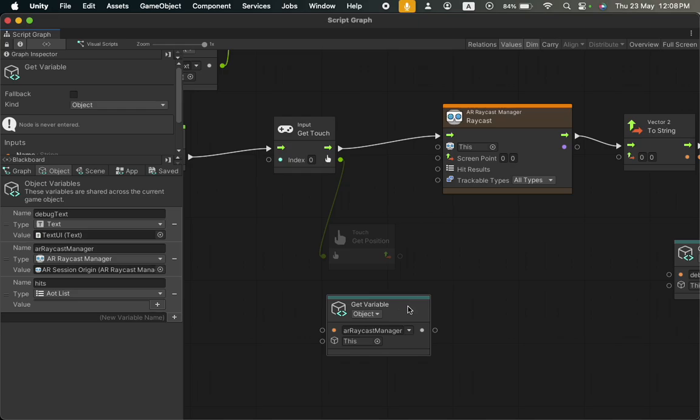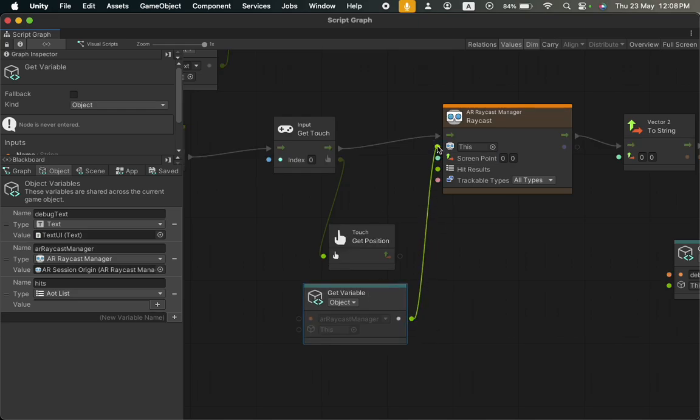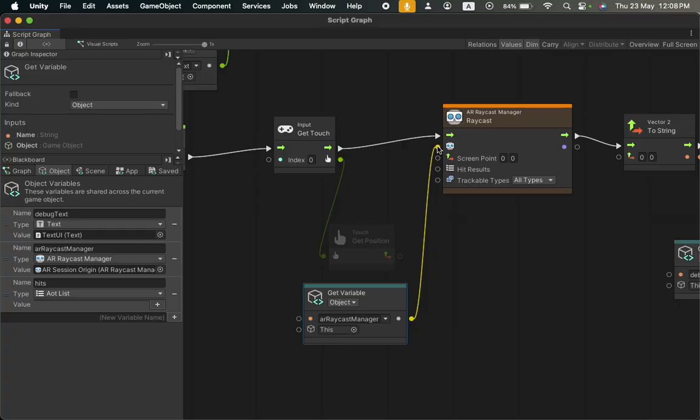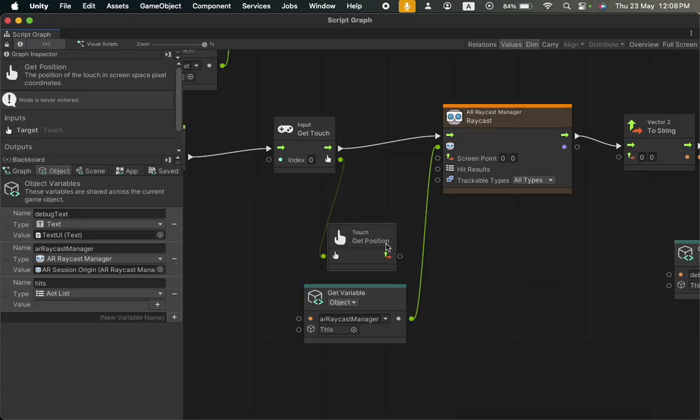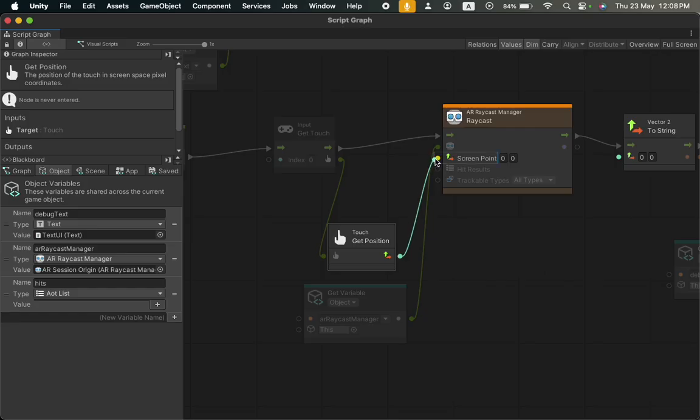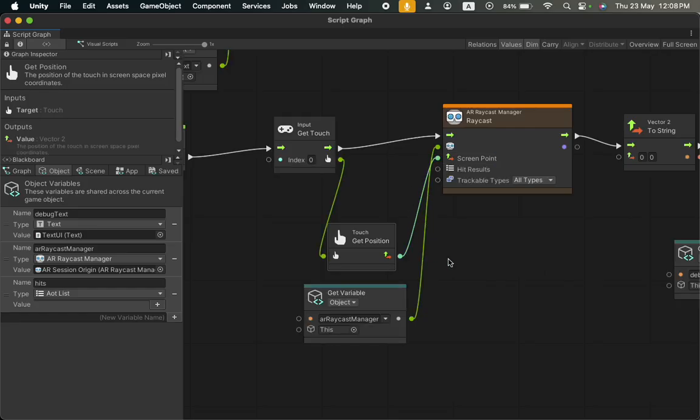Okay, and connect this with this one. Okay, and then this screen point is nothing but our touch point. Okay, so that we are anyway getting from this touch get position, so connect this with the screen point. Okay, and then